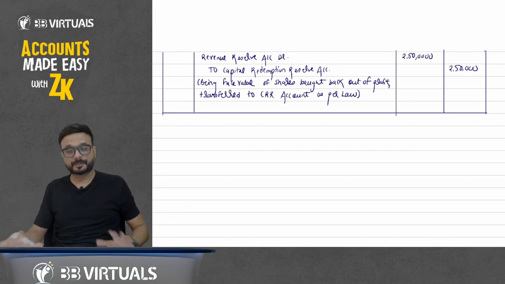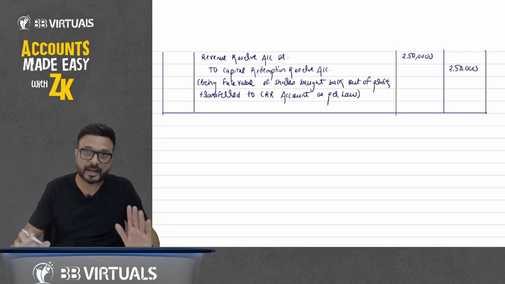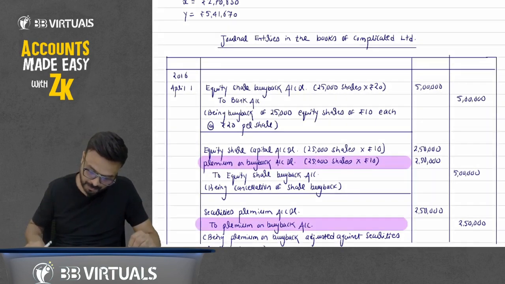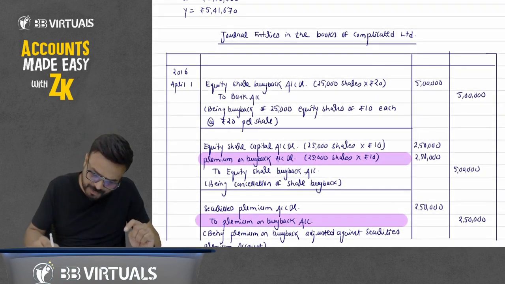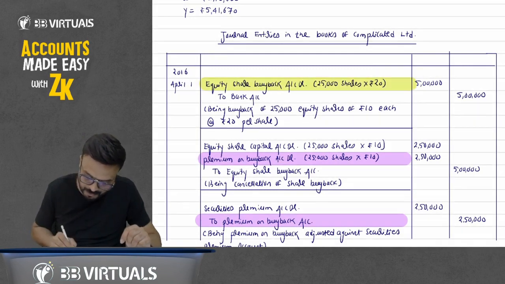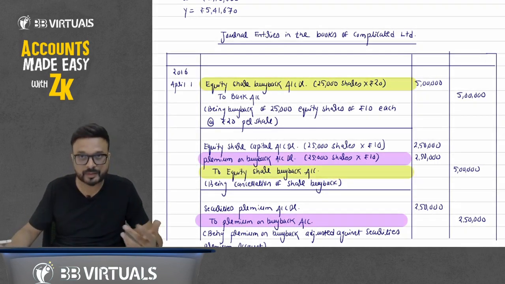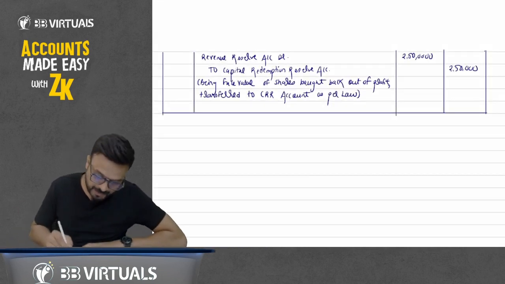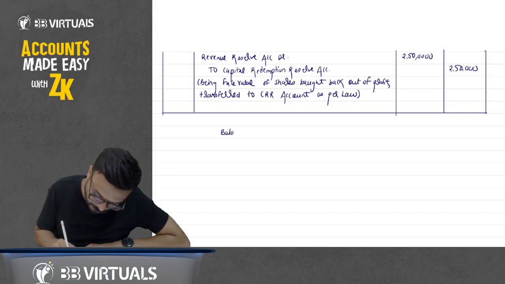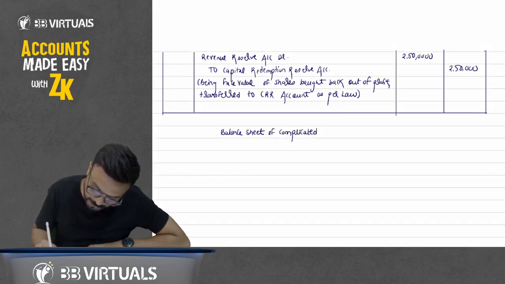Okay. Now you have passed the journal entries. Now we have to prepare the balance sheet. Here this equity share buyback account also gets cancelled. You have debited equity share buyback account, and then you have credited equity share buyback account. That is also cancelled. Okay. Now we have to prepare the balance sheet. So write down here, balance sheet of Complicated Limited